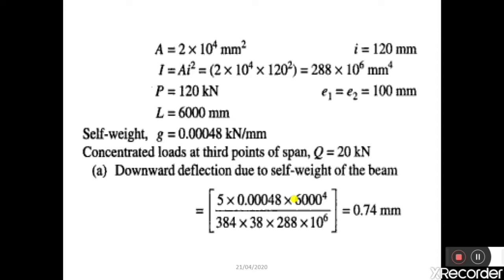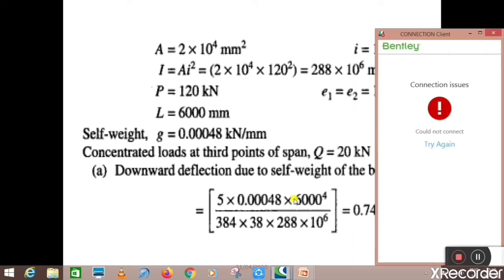So we have two cables, one is a straight cable and one is a parabolic cable. The procedure is the same as the previous problem. We need to calculate the deflection due to self weight, the deflection due to live load, and the deflection due to pre-stress of the cable. The equations are the same for the calculation of deflection due to self weight and deflection due to live load. Whereas to calculate the deflection due to prestressed cable,